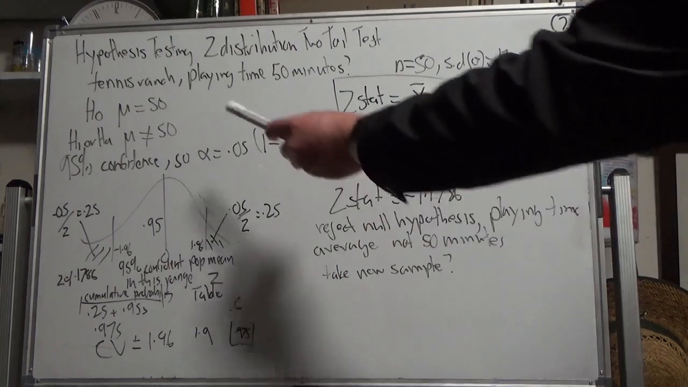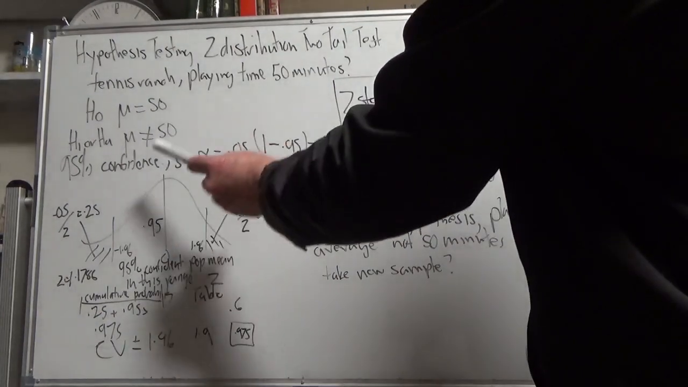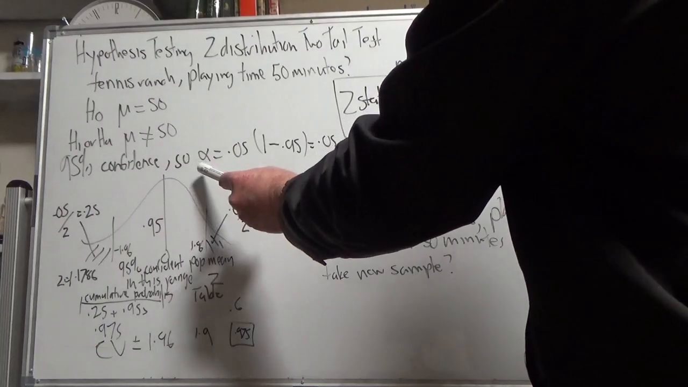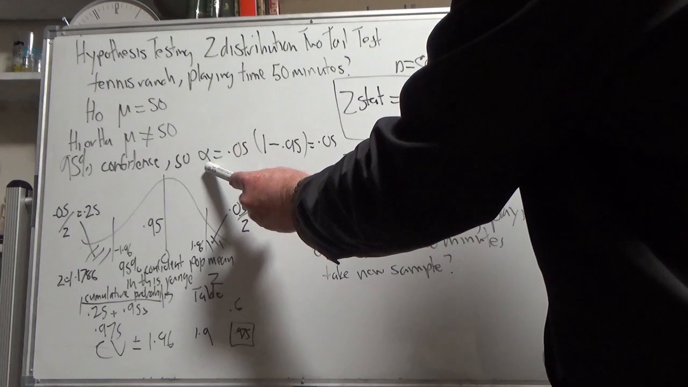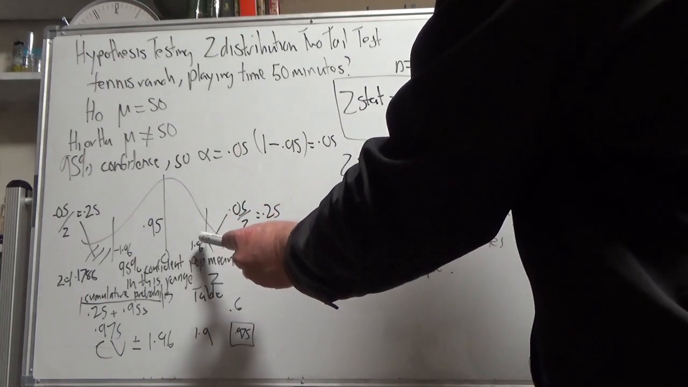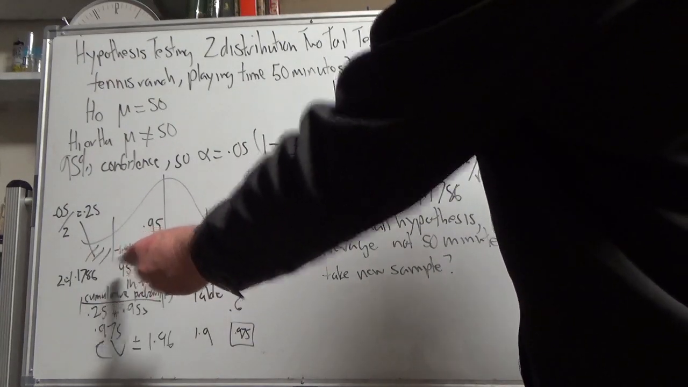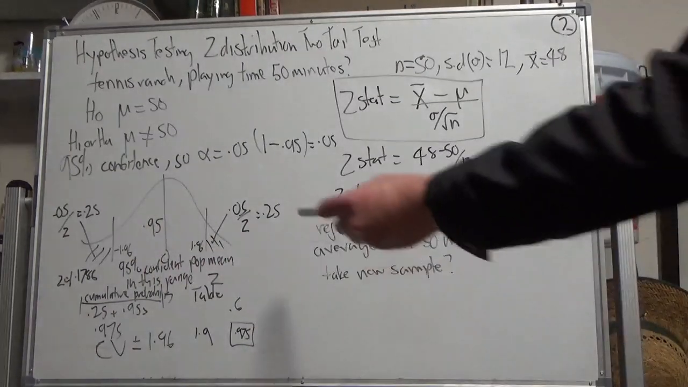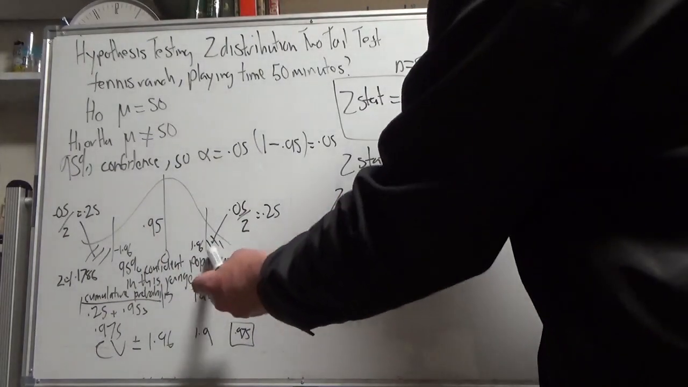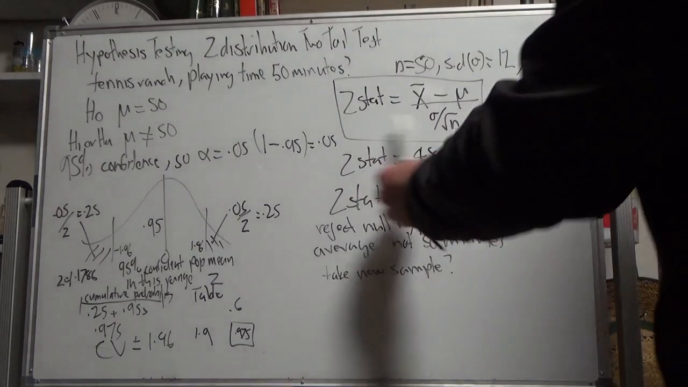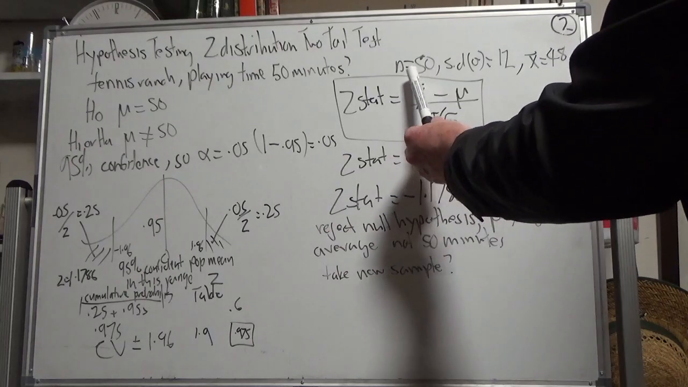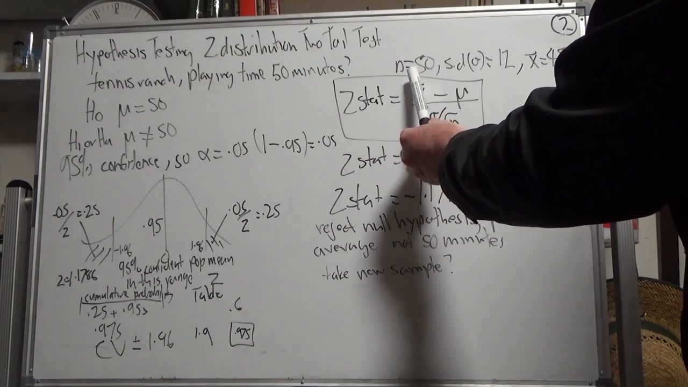So we've set up our hypotheses. We've marked the level of significance, drawn up a distribution curve with the critical values and the tails. Area under the curve is that, 0.25. Now we have to calculate the Z statistic, knowing that